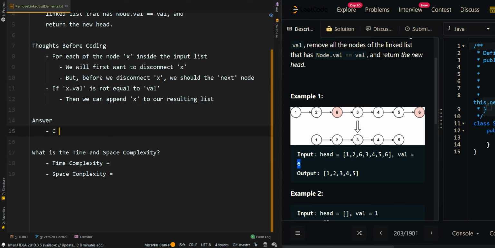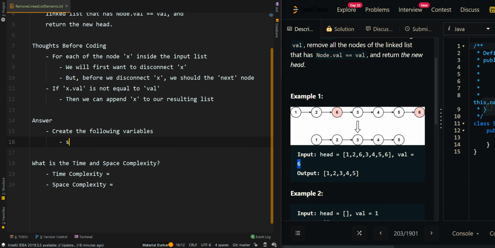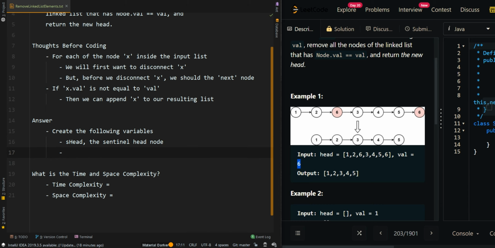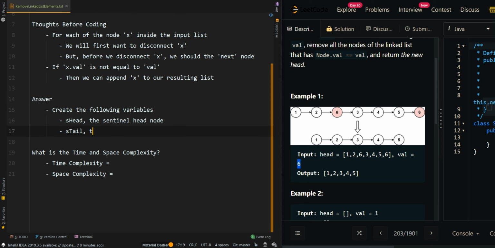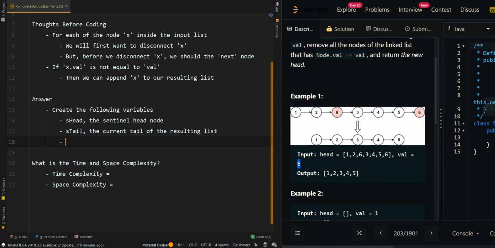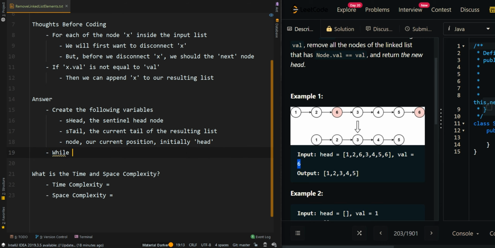So we're going to create a sentinel node. We're going to create the following variables. We'll first have a sentinel head node, which will be the head of our resulting list. Then we'll have a sentinel tail, which is the current tail of the resulting list. And then we also have a node, our current position, initially head, and then while node is not equal to null,